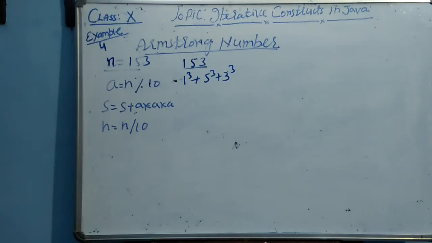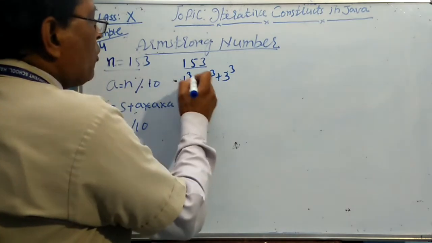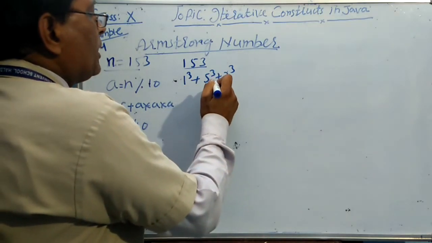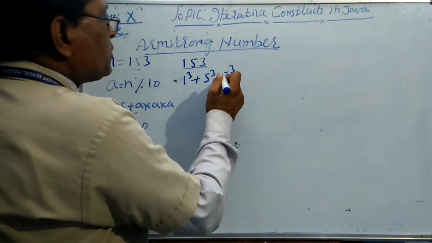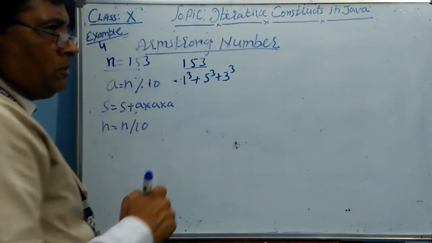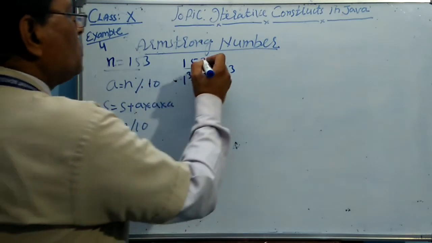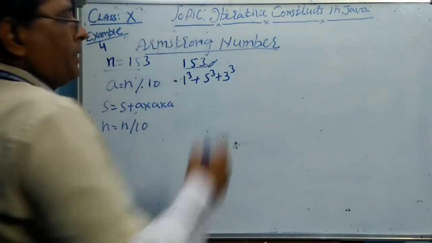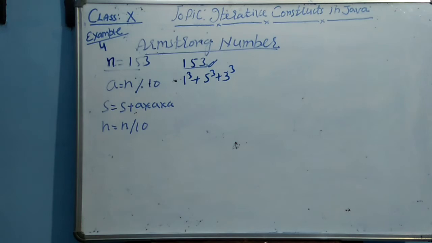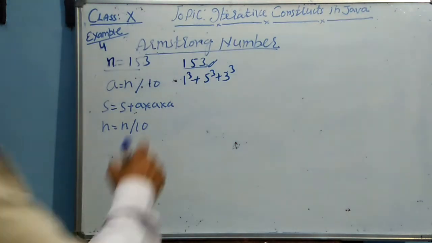Okay, for example. Then the sum of the cubes of the digits will be equal to the given number. That is called the Armstrong number. Means